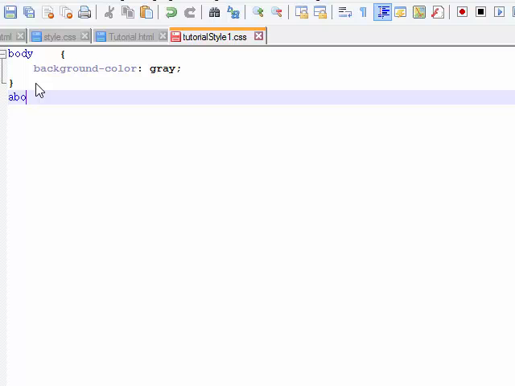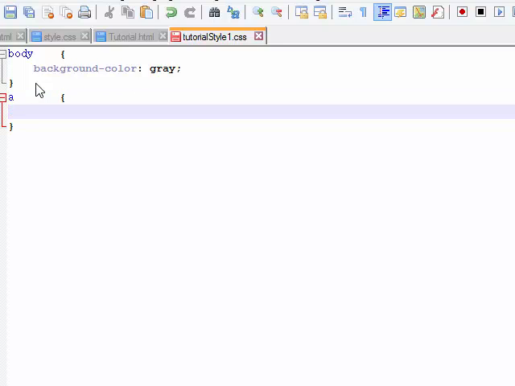Whoops, not above, just A. And I'm going to go ahead and put my open bracket. It puts my closed bracket for me. And I'm going to add a single line of CSS. And that's going to be simply